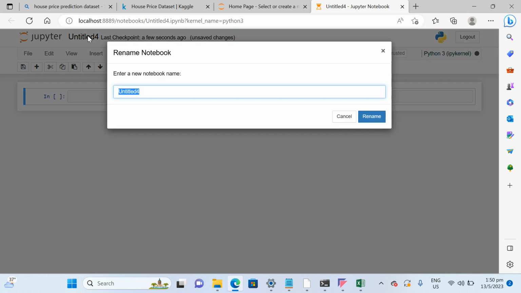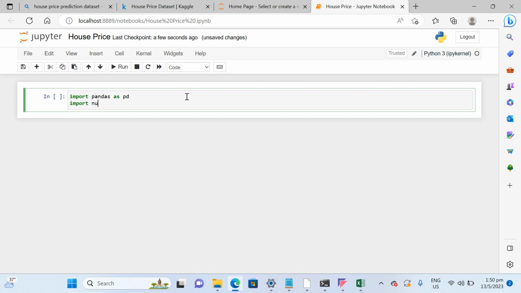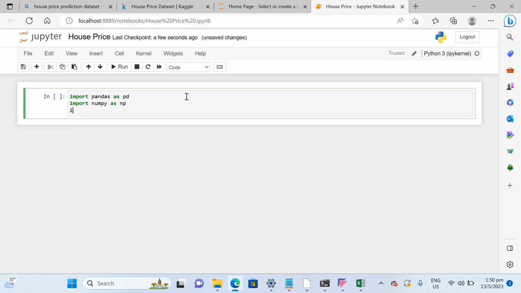Let me first of all rename it house. Okay, so let's import some libraries like pandas, NumPy, some visualization libraries like Matplotlib and Seaborn, and some metrics so that we could test on our data, and for splitting the data into training and testing. Okay, so import pandas as pd, import numpy as np,